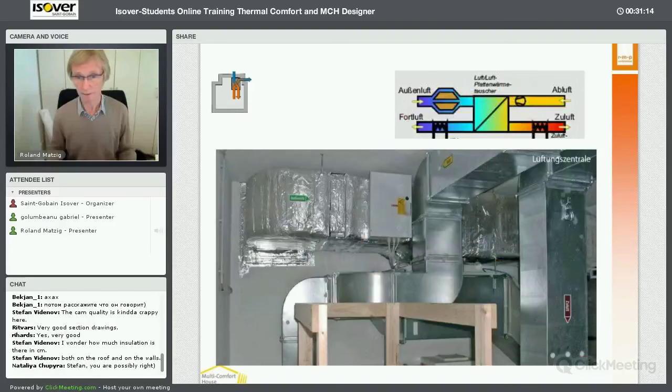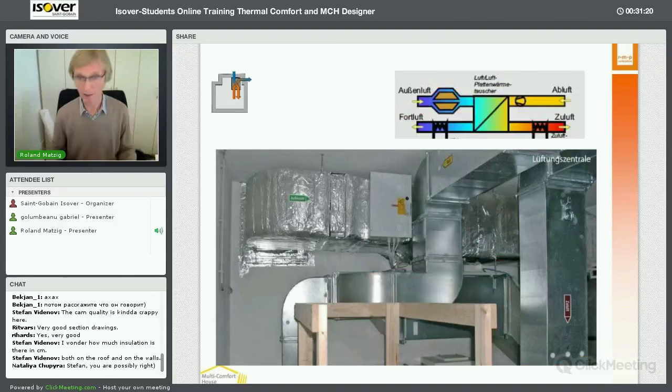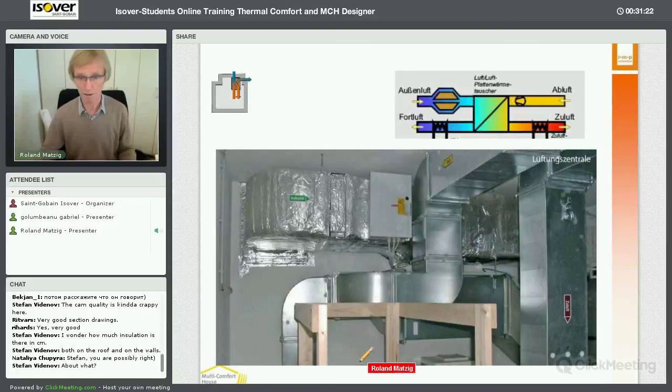This is just the central heating system, to give you an idea. It's very small. This is a picture of the central heating system. So you see, it's not that huge. It doesn't need that much space. And this is all the technique we need to have perfect air conditioning in the dwellings, in every room, around the year. And also the heat is delivered by that